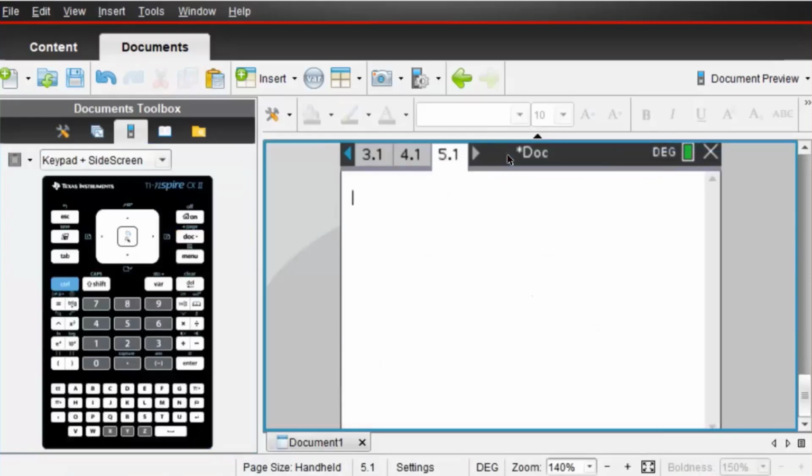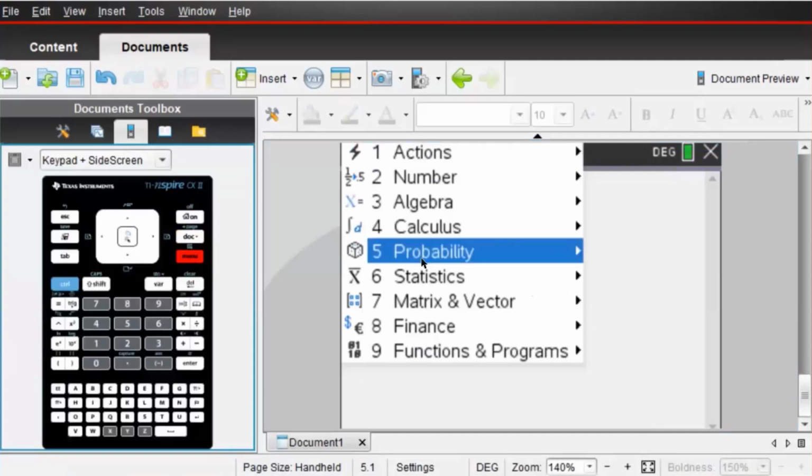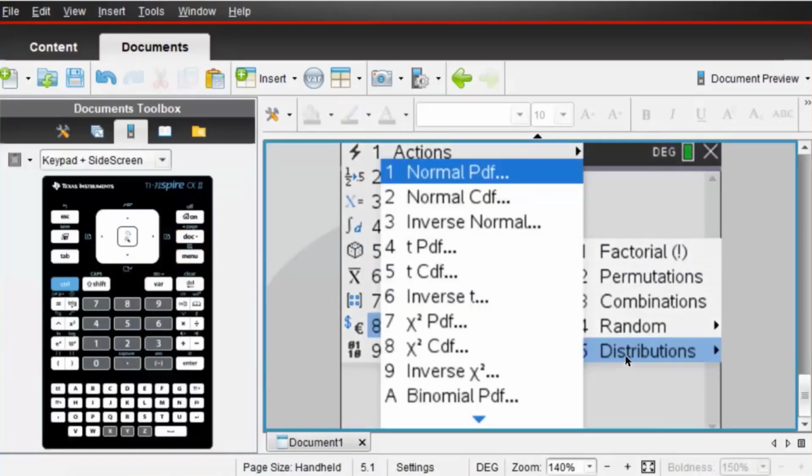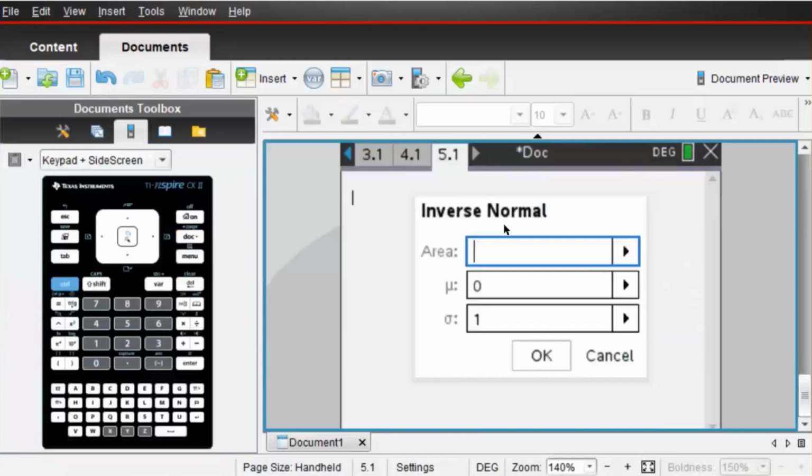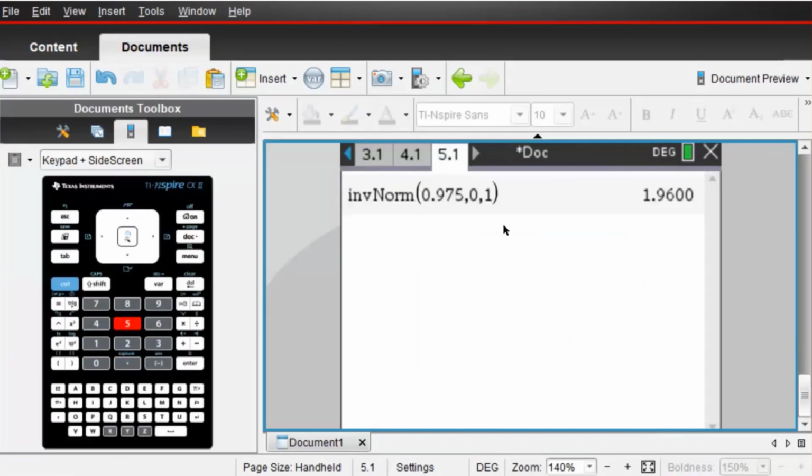First of all, let's get my Z score. What was my Z value? It was a 95% confidence interval. Well, for a 95% confidence interval, the total area to the left from the negative value is 0.975. So 0.975, that's my Z score of 1.96. So let me store that value of Z